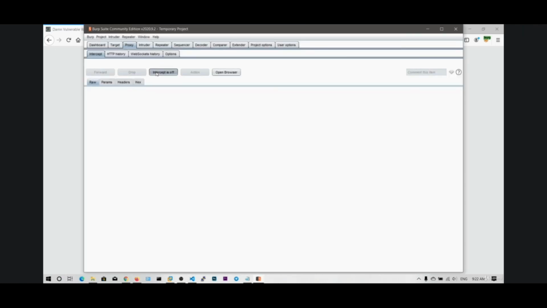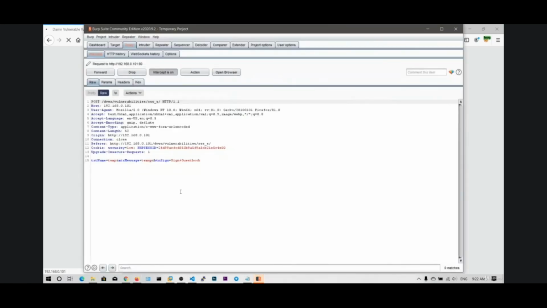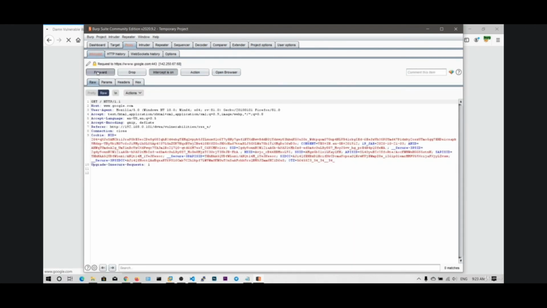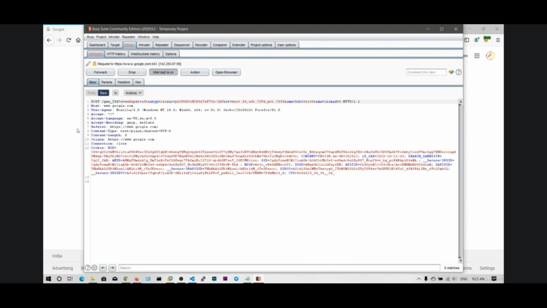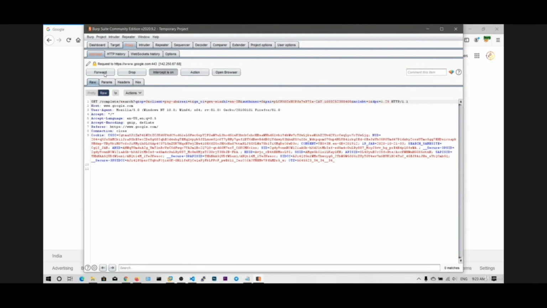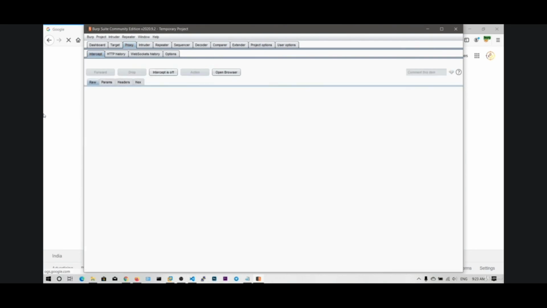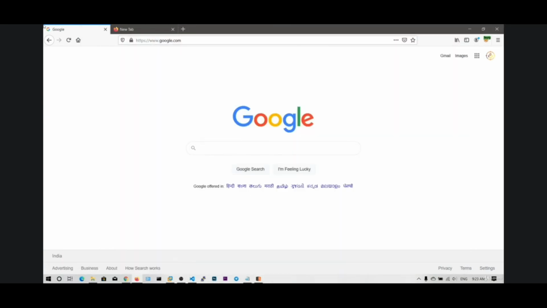Let's try another time. Temp and temp. Let me intercept this. Alright, let me paste it in here. So now let me forward this. Okay, the request had been broken before, which created a new line.